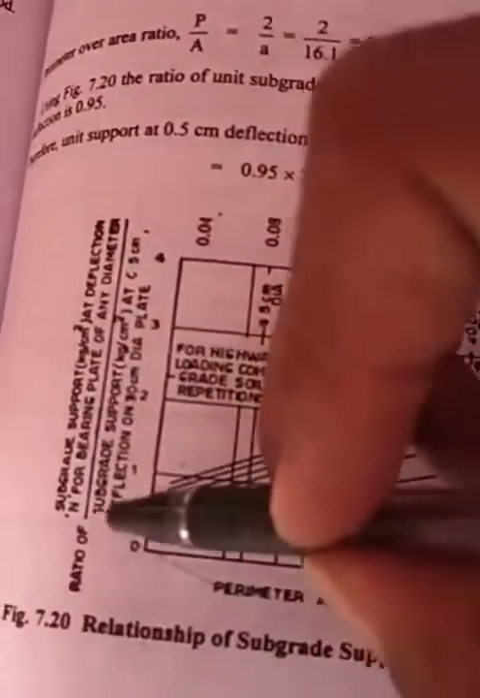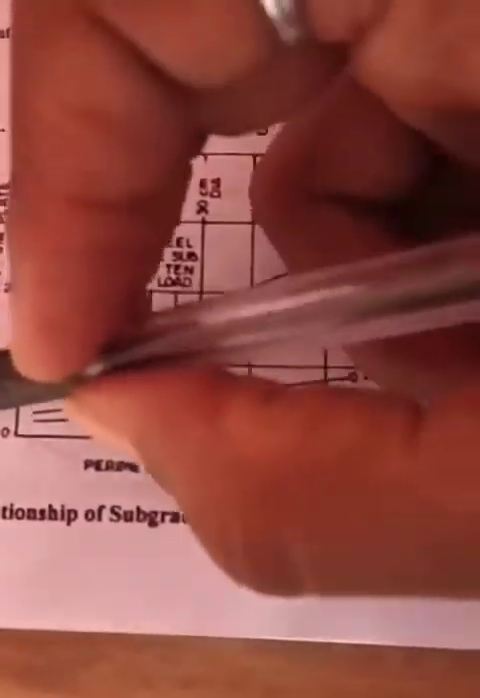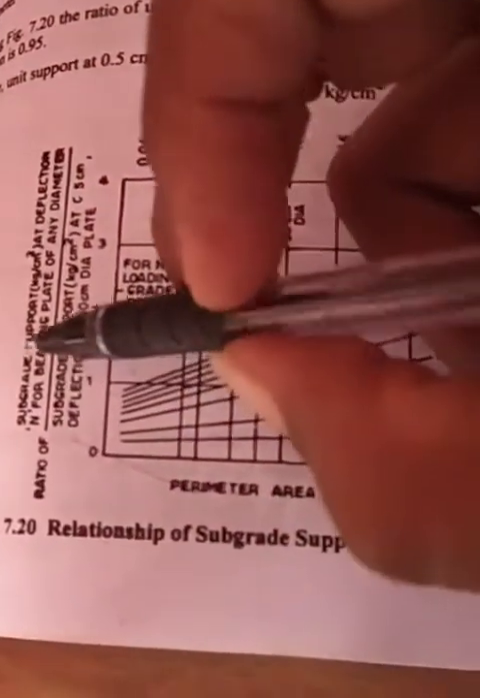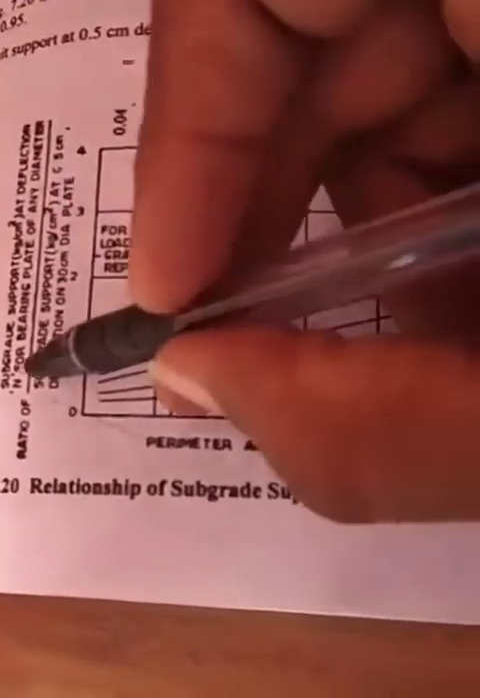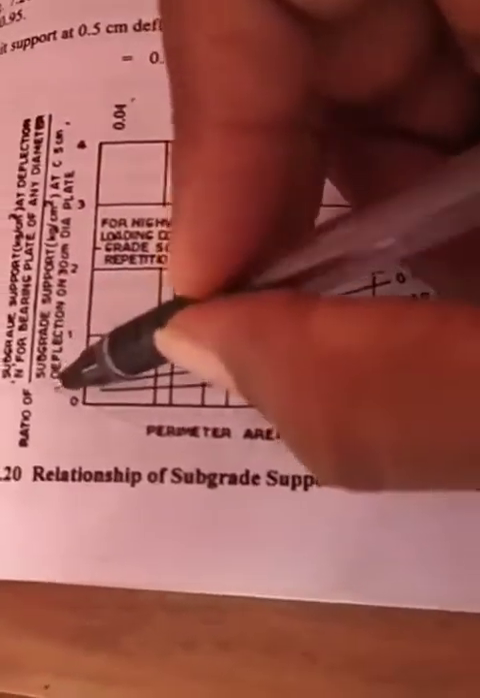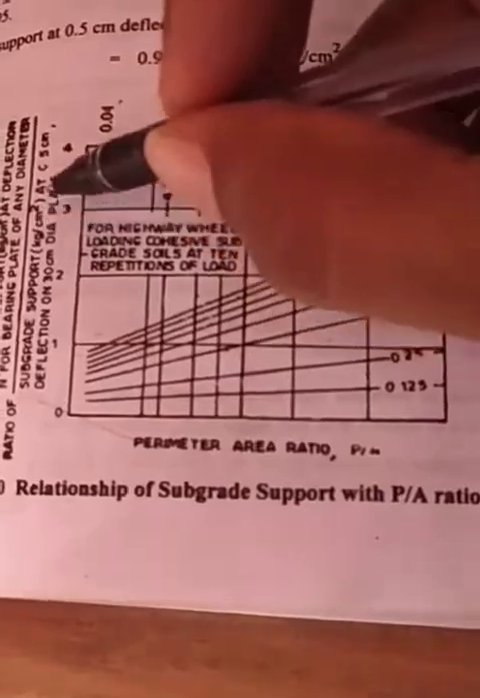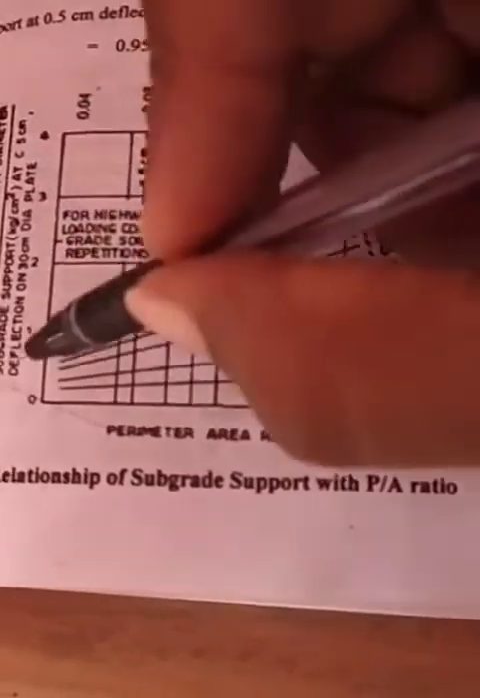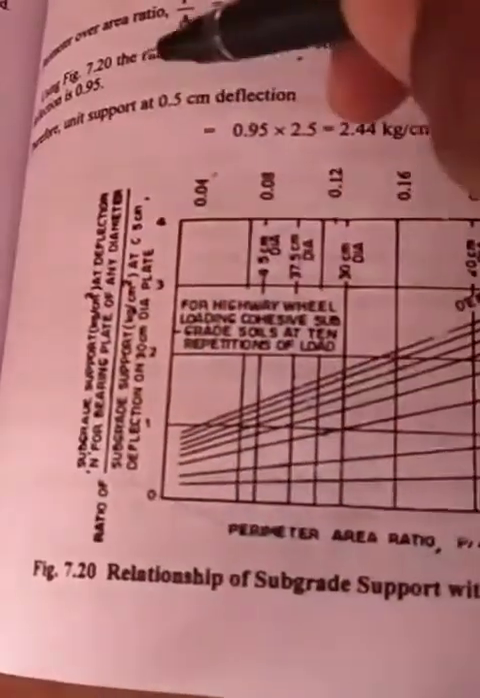So this value is nothing but the ratio of subgrade support, kg per centimeter square, at deflection n for the bearing plate of any diameter, to the subgrade support, kg per centimeter square, at 0.5 centimeter deflection on a 30 centimeter diameter plate. So this value you are going to find out. Okay, so here you can see